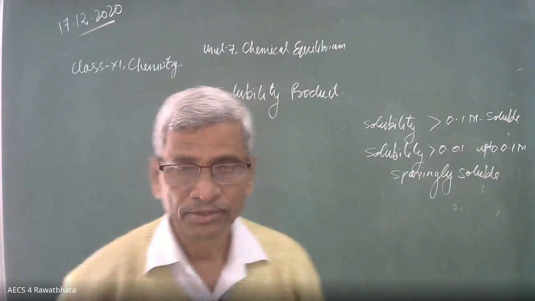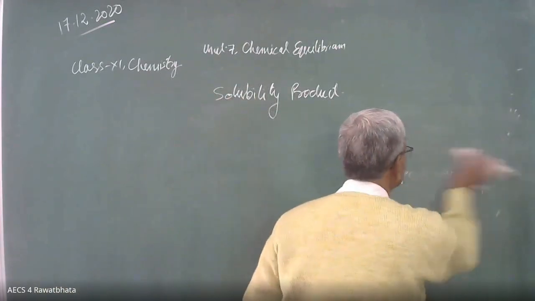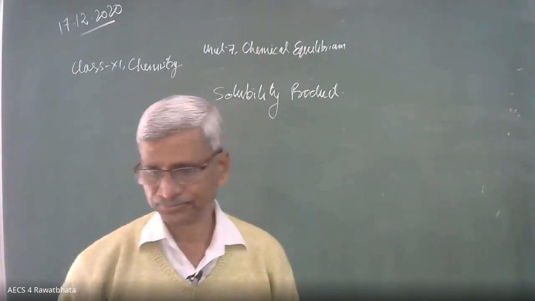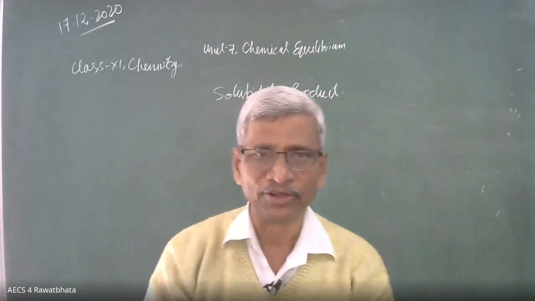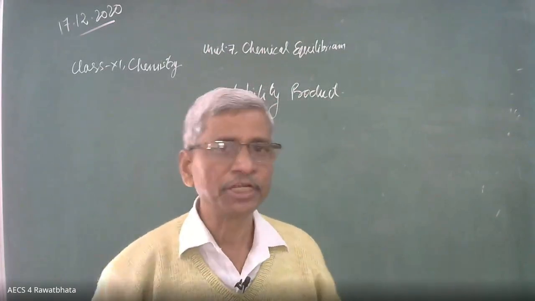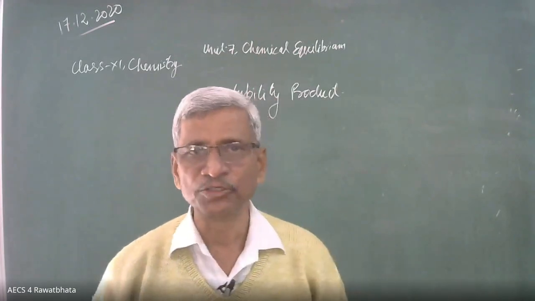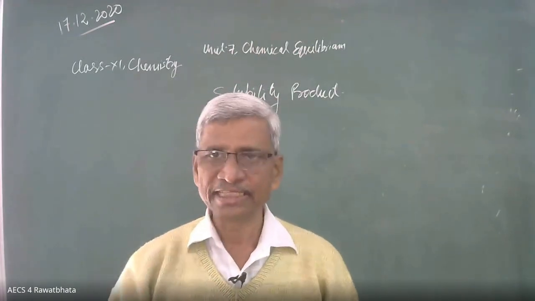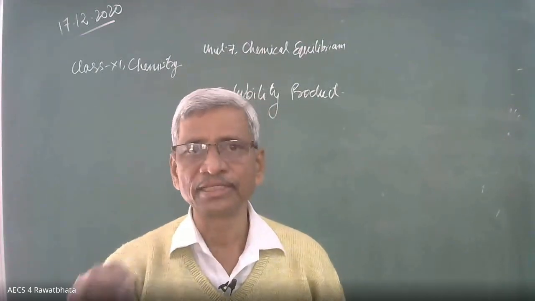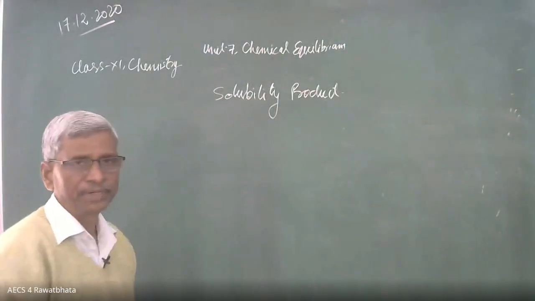Okay, beta? Why am I taking these things here? This topic is concerned with sparingly soluble substances. We are talking about the equilibrium constant. We are going to write the equilibrium constant expression for such compounds in a new form. That's why it is given a new term, solubility product. It is simply the equilibrium constant, only for sparingly soluble substances. Let me take an example after the definition part.